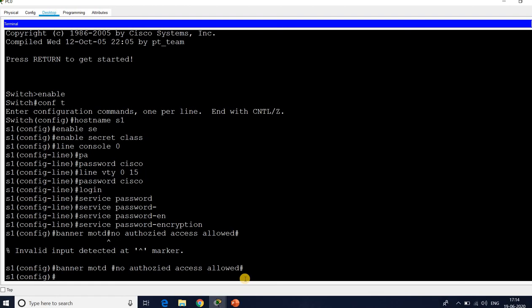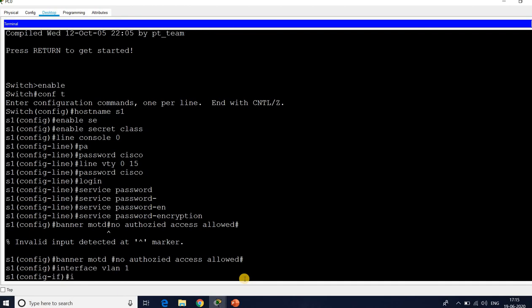Okay, give the space. Now I want to configure the management SVI, switch virtual interface. So I want to go for the configuration mode again. It is already in configuration mode. So for configuring the management SVI interface, VLAN 1.